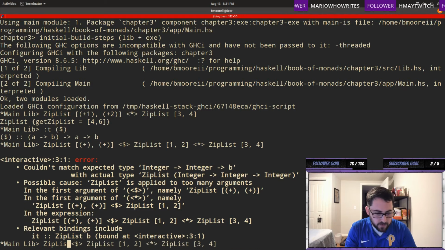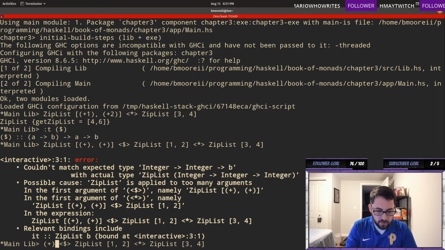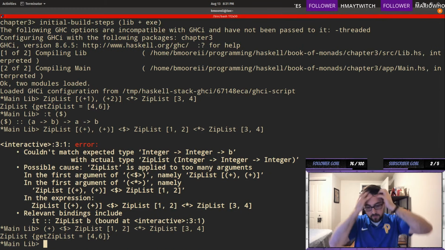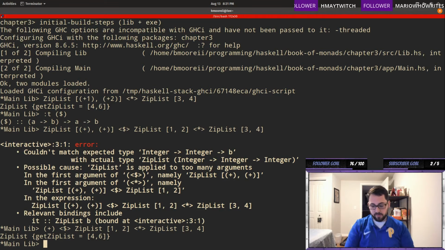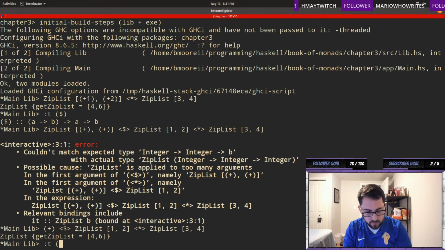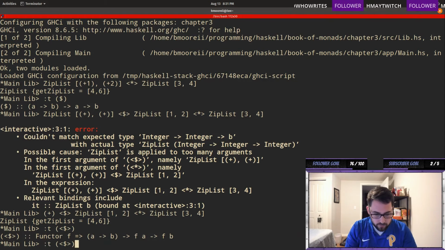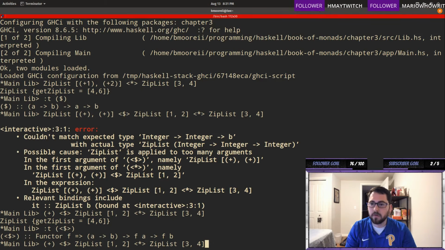This should just be plus. There you go. Remember the type. The type of this is a unary function, not binary. Okay, so the only thing that I'm concerned about, I guess, is so if I use pure here,